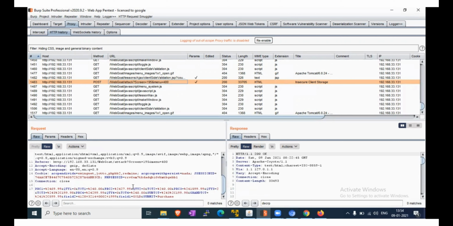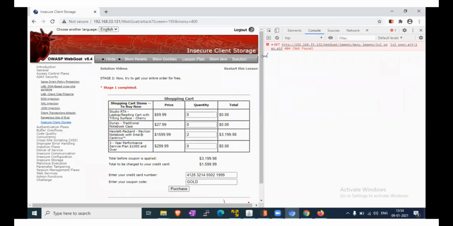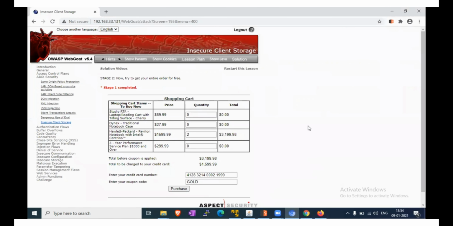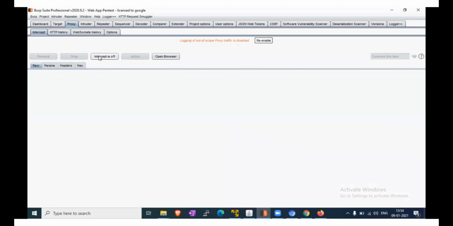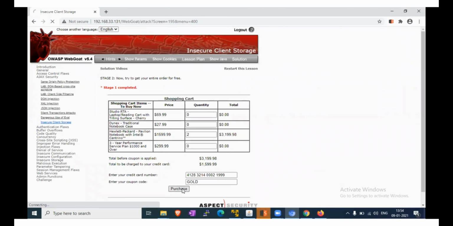We will do one thing. We will go back to our lab and try with intercept on. So proxy is on. Now we will click purchase again.